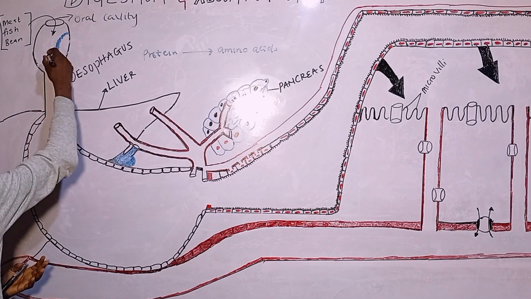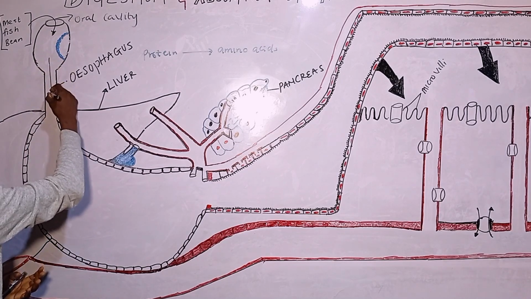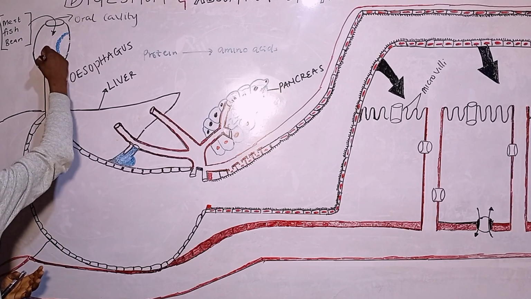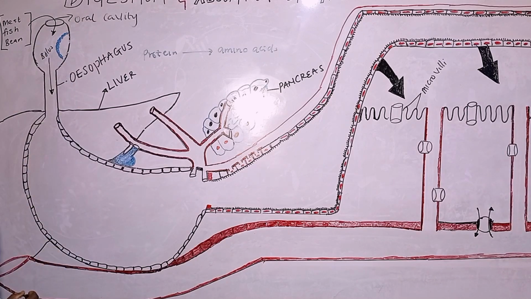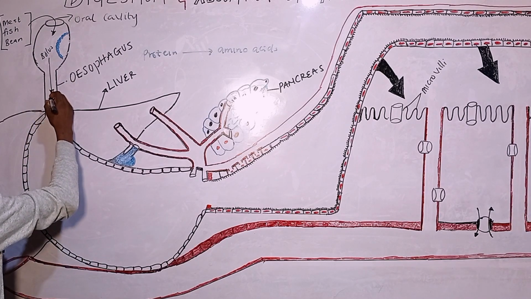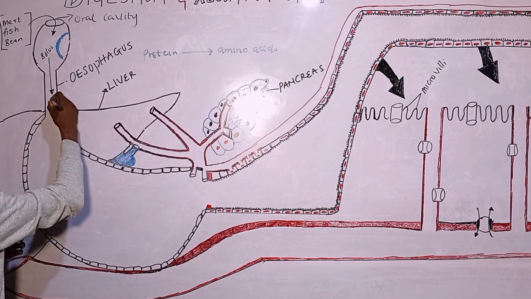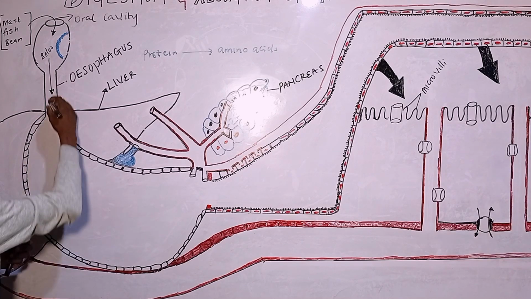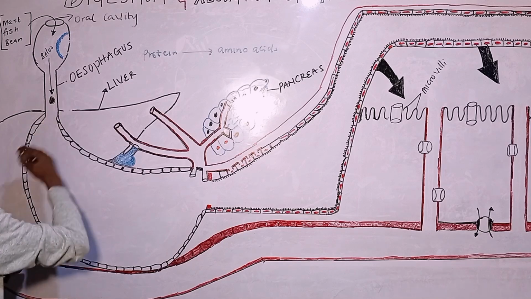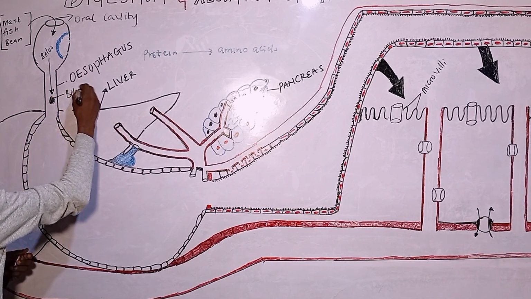Then what we're going to have is a bolus. Bolus is basically food that is mixed with saliva. Then the bolus is going to pass down. Let's say this is the bolus, this is the bolus that you're having. Let me just simply put it here a little bit. This is the bolus of food. Then once it has entered